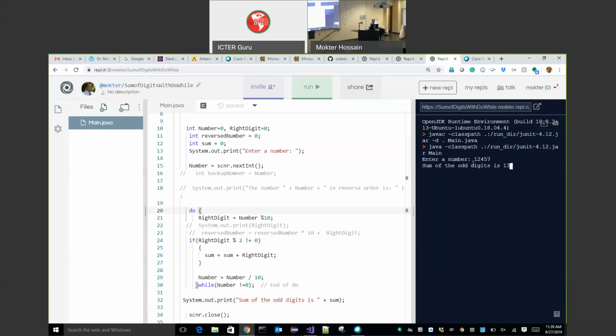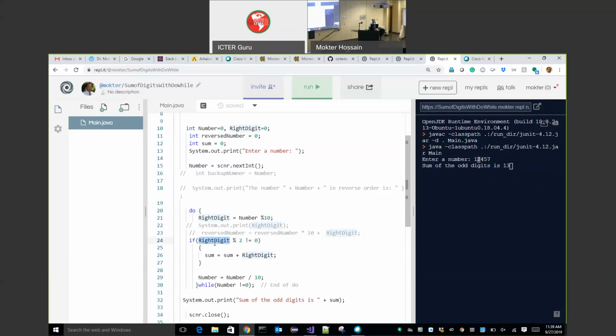The sum of the odd digits is 1 plus 5 is 6, 6 plus 7 is 13, right? Because 2 and 4 are skipped already. So you understand the logic behind this?